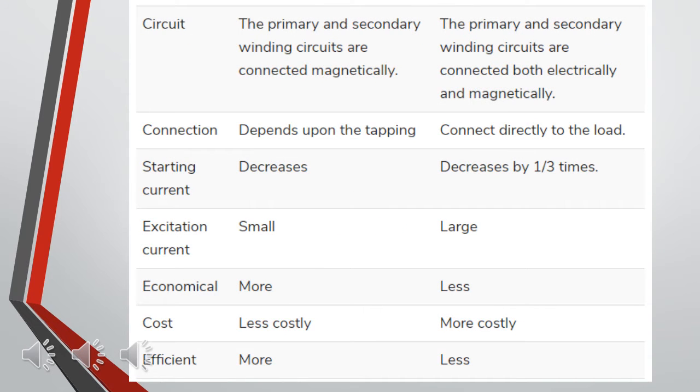So next, in terms of circuit naman, base dito sa table, dun sa source na pinagkunan ko, ang autotransformer daw ay yung connected magnetically, while the conventional transformer is yung primary and secondary winding circuits are connected both electrically and magnetically. Sa totoo lang, sa tingin ko dito, nagkabaliktaran itong dalawa dahil nga